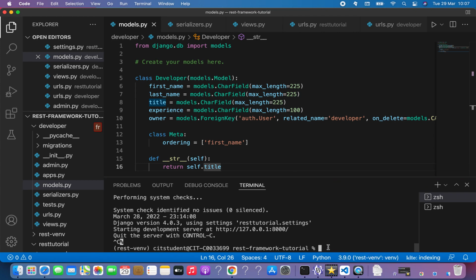So the reason we added the owner is so that we know who can do what. The unauthenticated user cannot delete, update, or post anything; they can only read, read only, okay. Because we added the owner field, now we have to update our database. To do this, what we're going to do